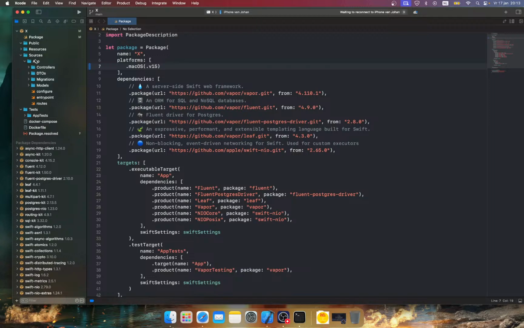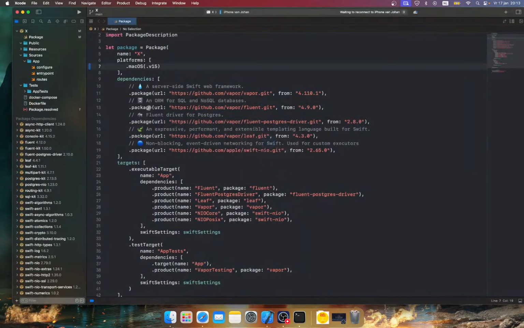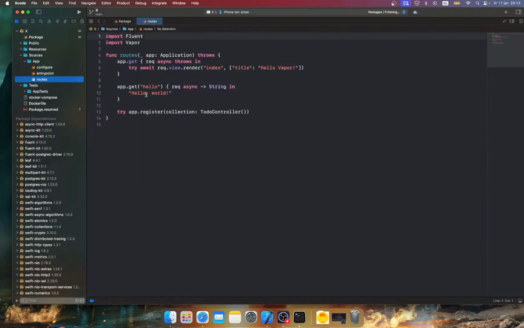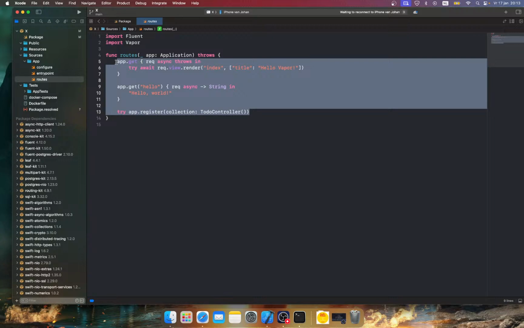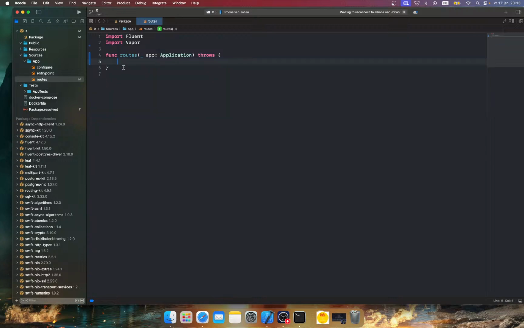After that, we have sources, we have app, and inside the app we have controllers, DTOs, migrations, but we're going to delete all of that because we don't need that right now. Goodbye. Then we go to routes, and in routes we're going to delete all of this stuff as well because we don't need it. The func routes is the routing engine. This allows us to connect different kinds of requests. The requests are done through the routes function, and the function routes also handles them. The moment we do an API request to our API, it goes through routes, and routes checks everything and then calls for the